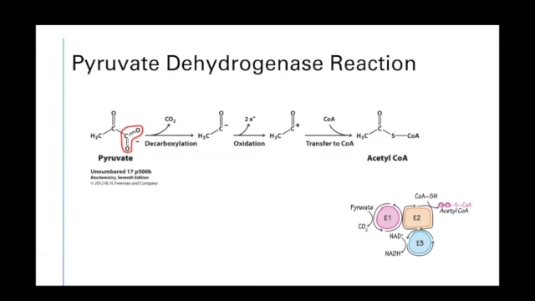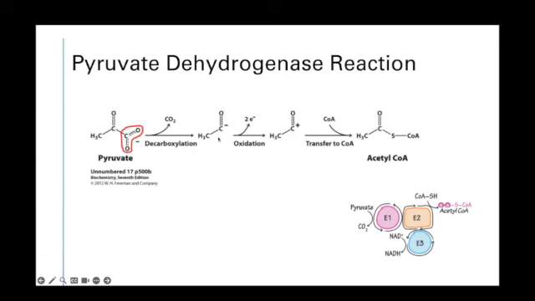And pyruvate dehydrogenase is the decarboxylation of pyruvate by pyruvate dehydrogenase, which is a multi-subunit molecule. And the overall reaction of this is pyruvate plus coenzyme A plus a molecule of NAD+, and the final product of this reaction would be an acetyl-CoA molecule, 1 CO2 molecule, and an NADH molecule. Like I already said, pyruvate dehydrogenase is a multi-unit complex that includes 3 types of enzymes. Our first one is